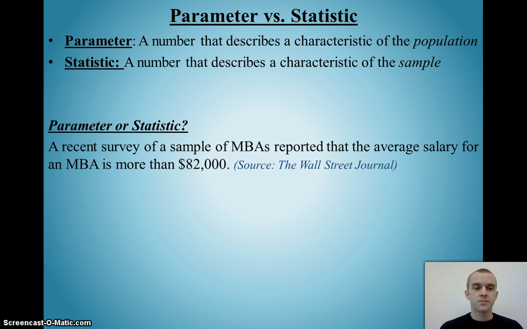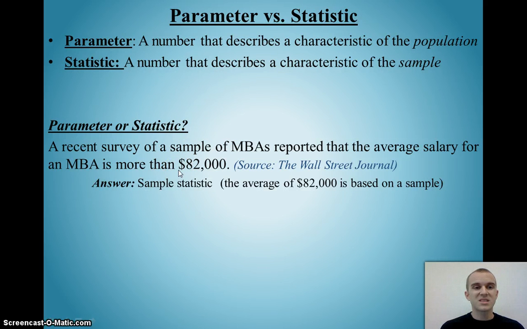So let's look at some examples and tell whether or not we're talking about a parameter or a statistic. In a recent survey of a sample of MBAs, they report that their average salary for an MBA is more than $82,000. Well, the key word you should recognize here is this word sample. As soon as you know you're dealing with a sample, the information you have, in this case an average salary,